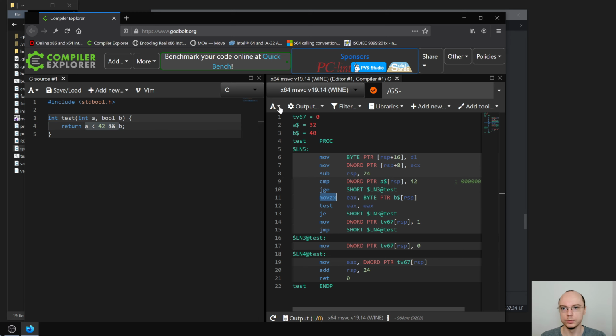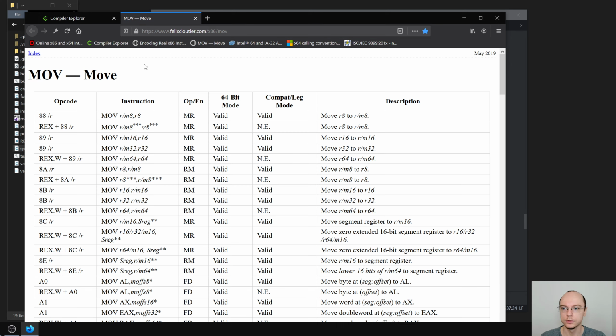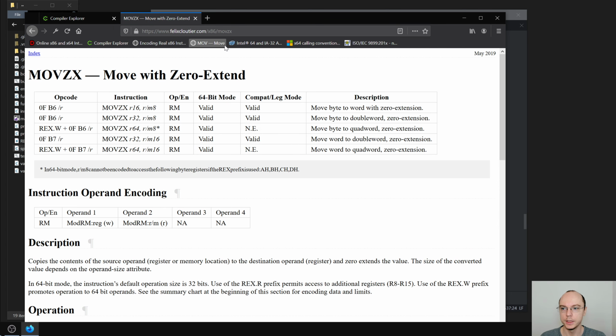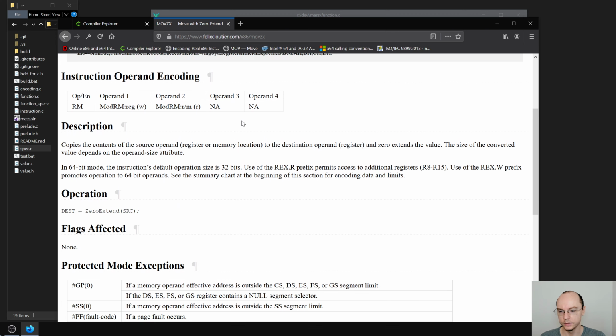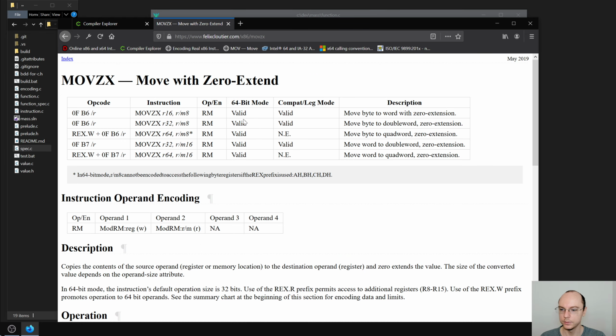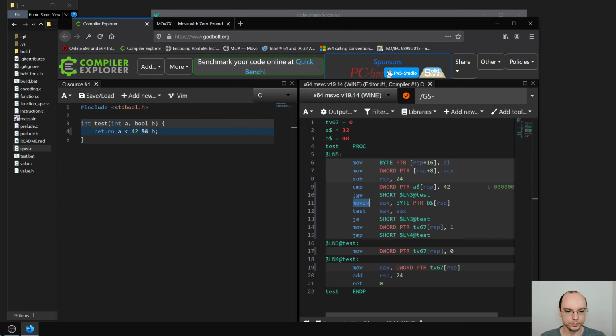I'm not sure what movzx actually does, so let me check that. Move with 0 extend. Well, that's actually a very useful instruction that I didn't know existed, which is what we want to use at some point as well. Okay, makes sense. It loads into EAX the value, and so it zero extends it to the full width. Then it tests it, and then if it is